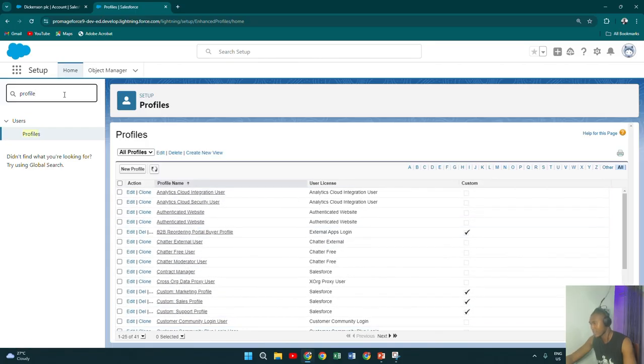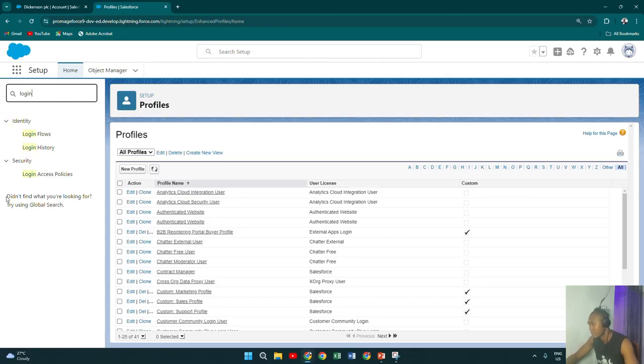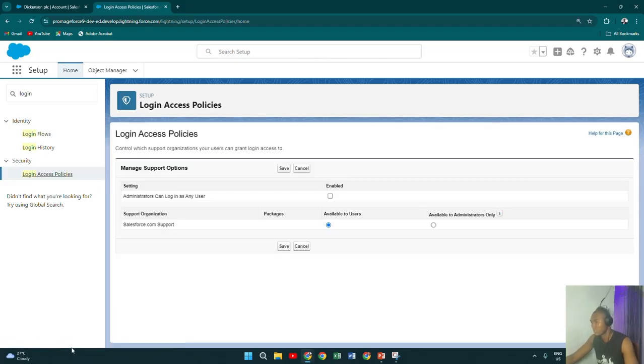Okay, let's go to login first. Login access process happening. Okay, see now look at this. Administrators can log in as any user. Now I can't log in as any user because this is not enabled. So once I enable this now and save it,